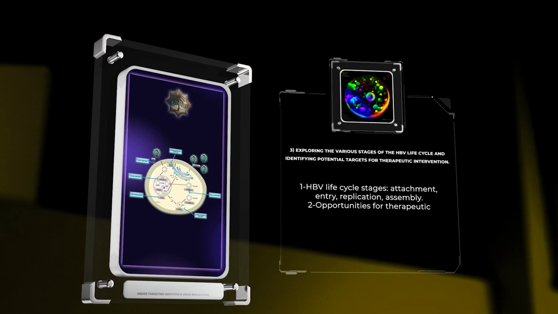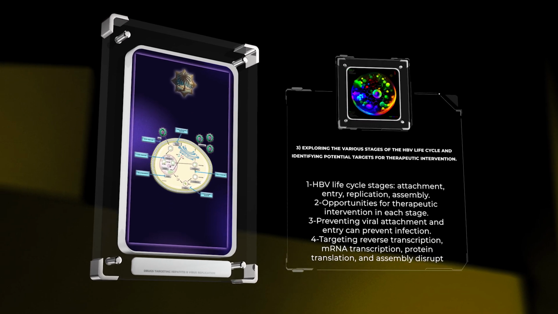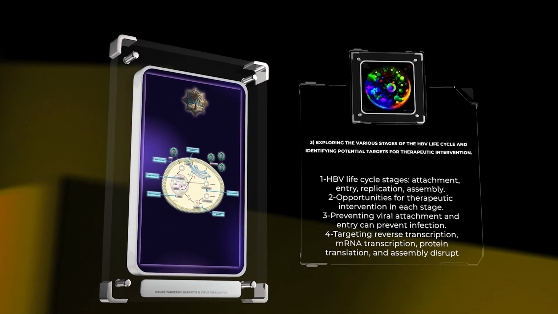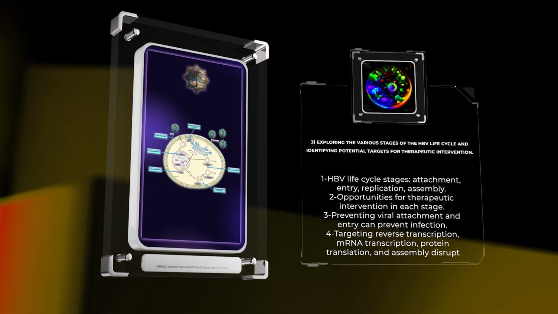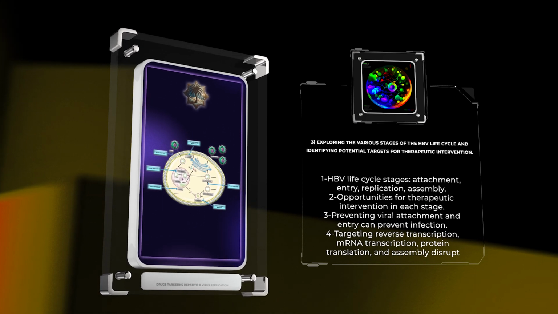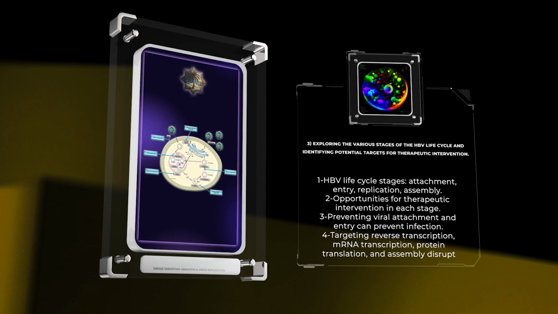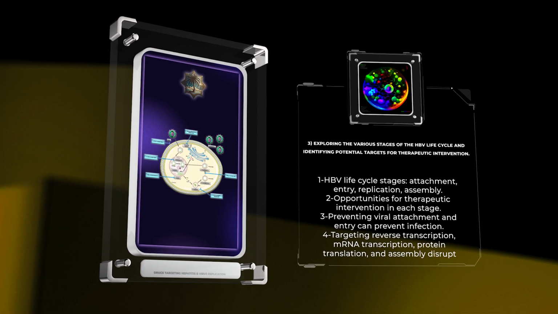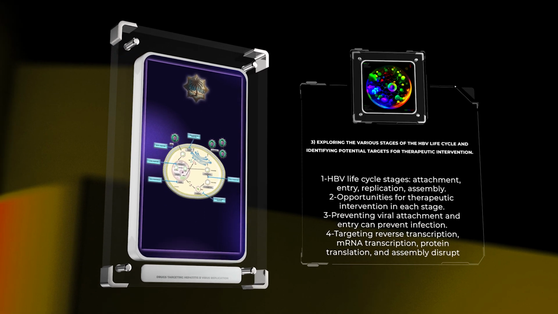The hepatitis B virus, HBV, has a complex life cycle that includes stages like attachment, entry, replication, and assembly. Each stage presents opportunities for therapeutic intervention. For example, blocking viral attachment and entry mechanisms can prevent infection. Additionally, inhibiting reverse transcription and targeting viral mRNA transcription, protein translation, and assembly can disrupt the HBV life cycle and